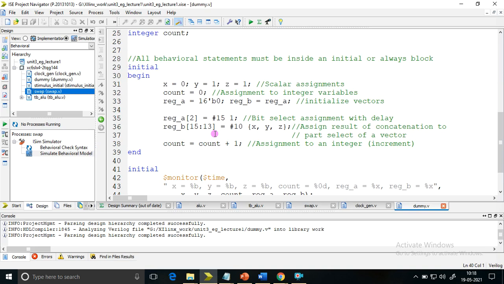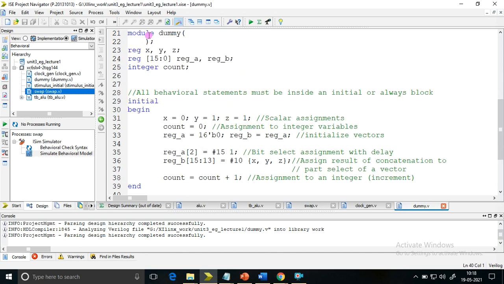Synthesis comes into account only when you want an equivalent hardware to be made ready for the code that you are writing. For example, if you are writing code for a full adder or ripple carry adder, you want to have an equivalent hardware out of it. So when you map the software code that you have written, that is the Verilog code, to the hardware, then only do we need to synthesize it.